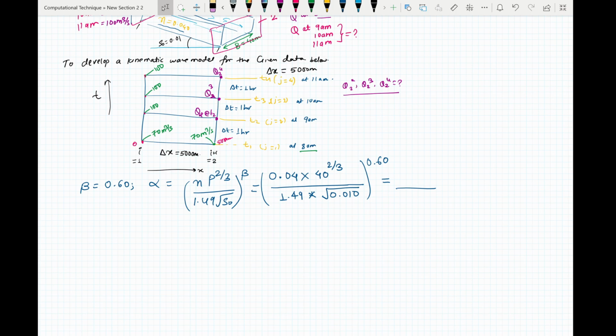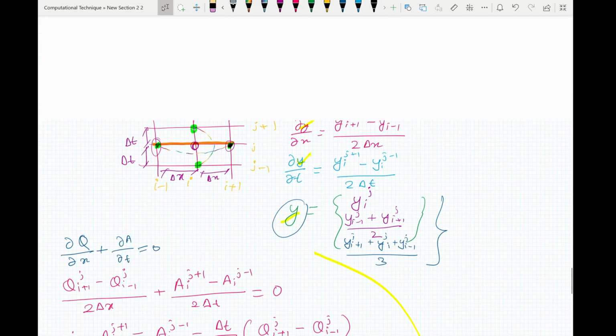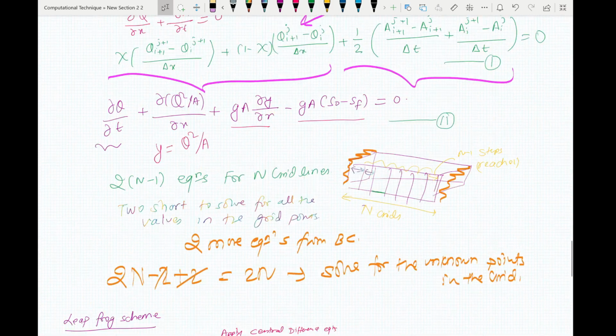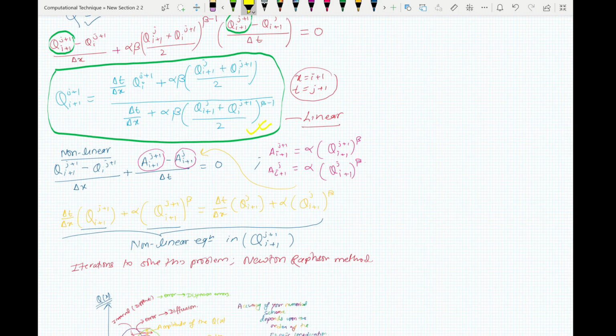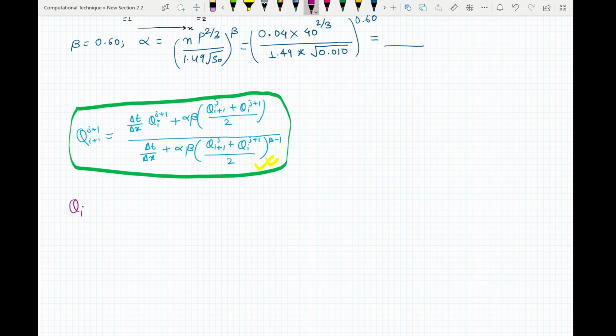Then for the kinematic wave model as we derived earlier, let's see, for your Manning's equation, what you have here is this one. So I'll copy this down. Now here we'll substitute our values. So your Q I plus 1 J plus 1 will be equal to delta T, which is 1 hour, that is 3600 seconds, divided by 5000, times Q I J plus 1 plus your alpha, which you calculated earlier, times beta, which is 0.6,